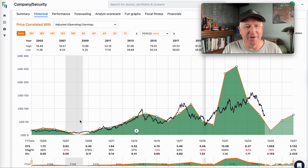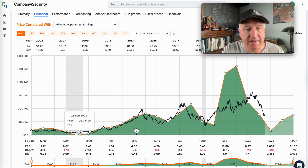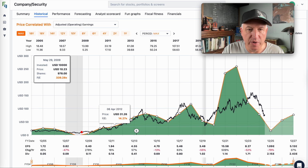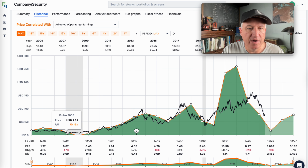Not totally random, but I didn't pick the tippy top. From that point when it looked cheap. But if you would have bought it when it was cheap, well, one, it didn't even have a PE because earnings were negative. But once it did, look at the PE. It's like 300. So that looks expensive, but it's not, because these earnings are going to recover very quickly because it's a cyclical business. So if you bought there, that would still be a much better spot to buy than